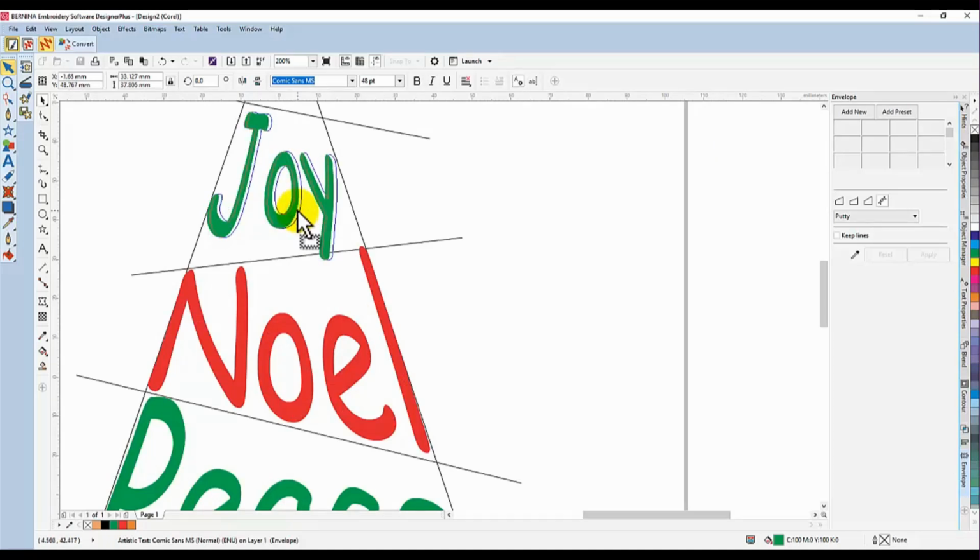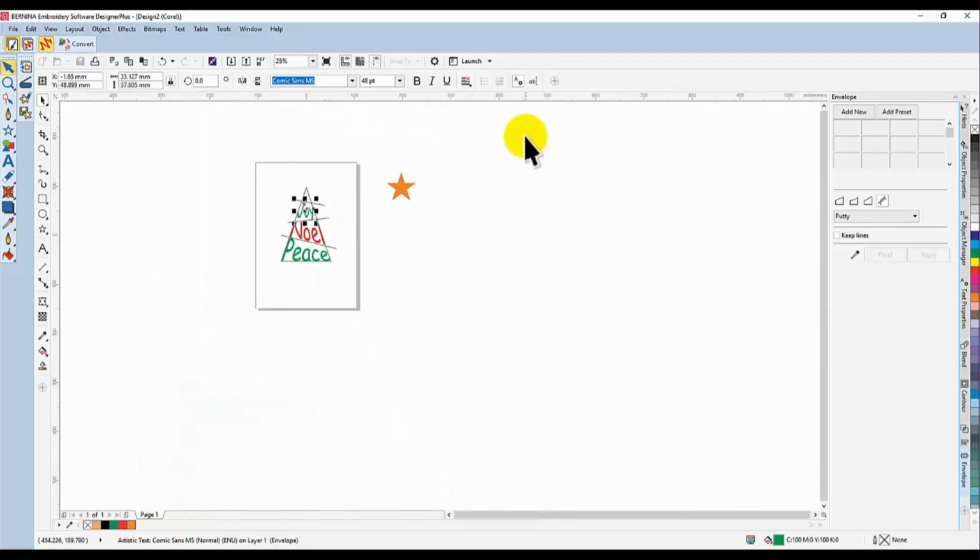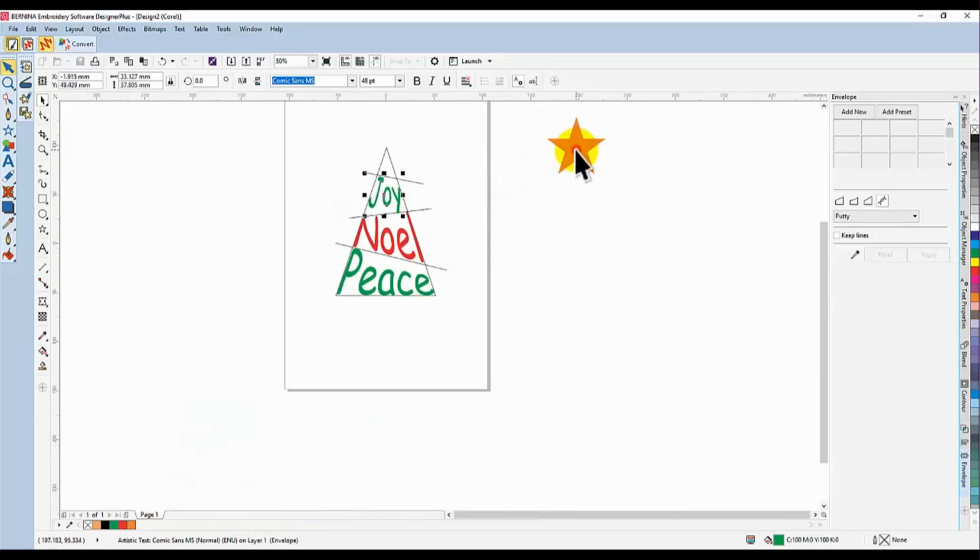Bit to the right. Just till you're happy with the positioning. Now we can select the star and move that into position, and we can scale that to look good. So select it and scale it down,